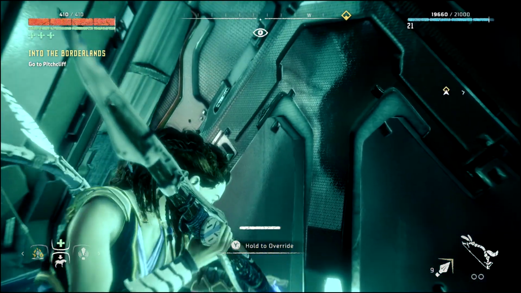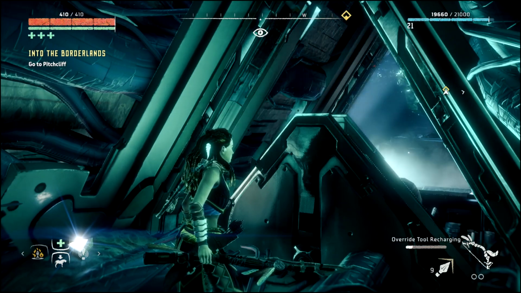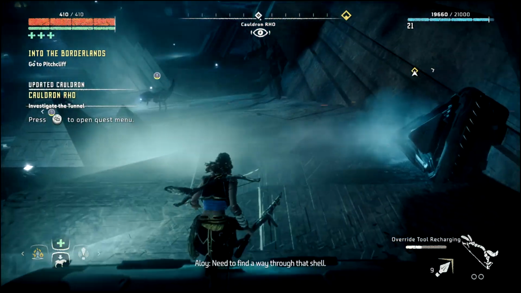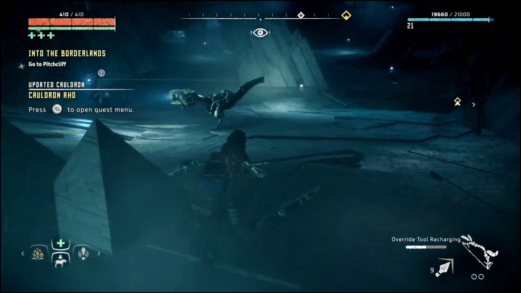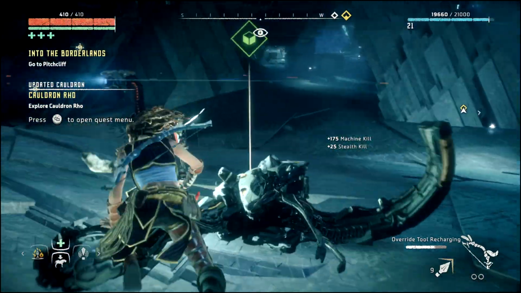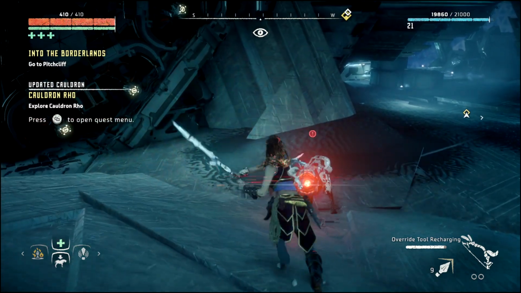Anyway, we have to override this second cauldron door to have it open. So, I need to find a way through that shell. Of course, you still have more machines over here, so we are going to keep trying to take them all down, just to make sure that...